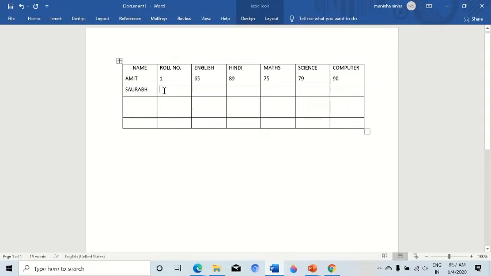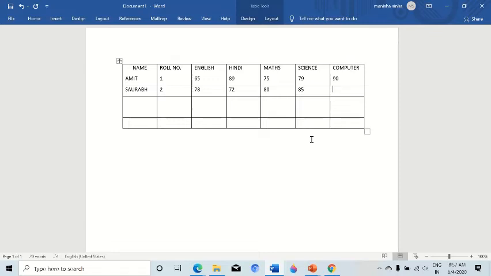Whichever cell you want to type in, just go to that cell and type the required data like this, as I am typing over here. I am typing it through the keyboard.